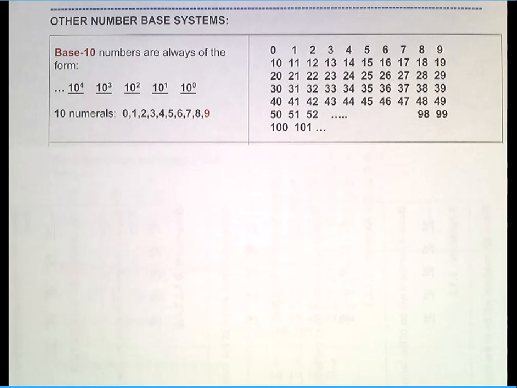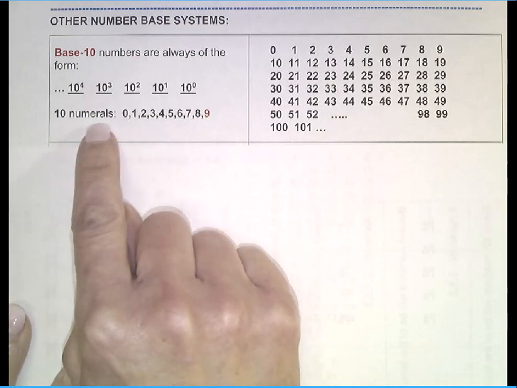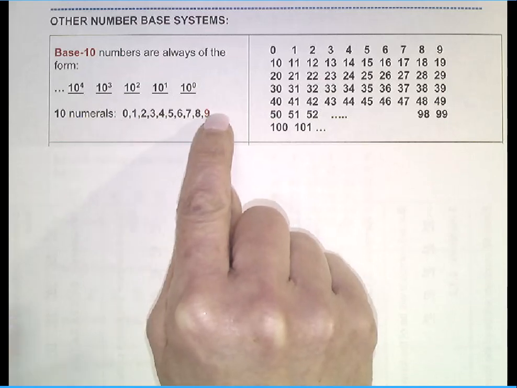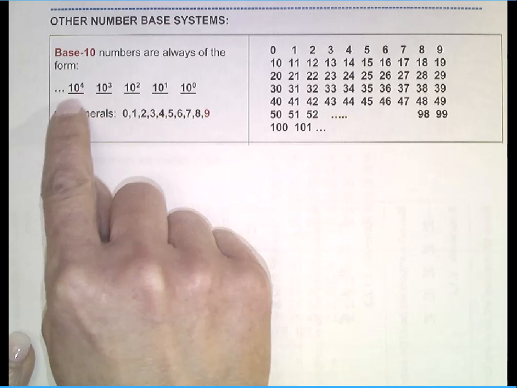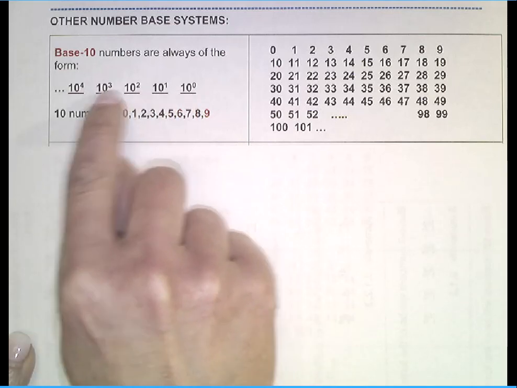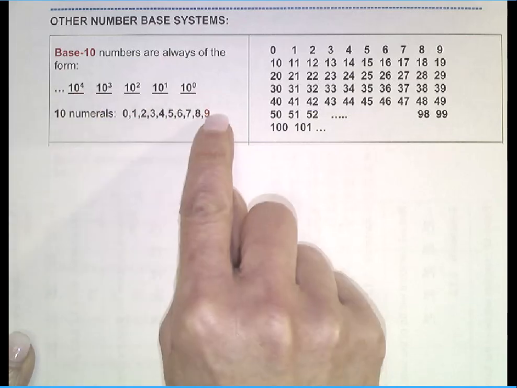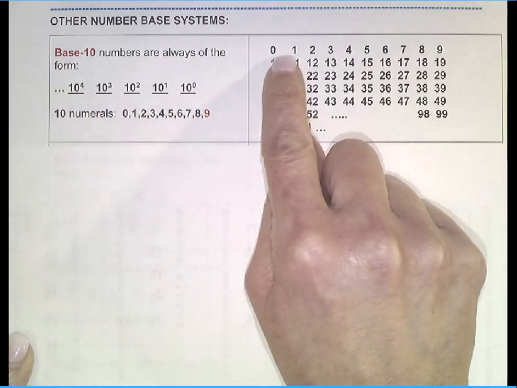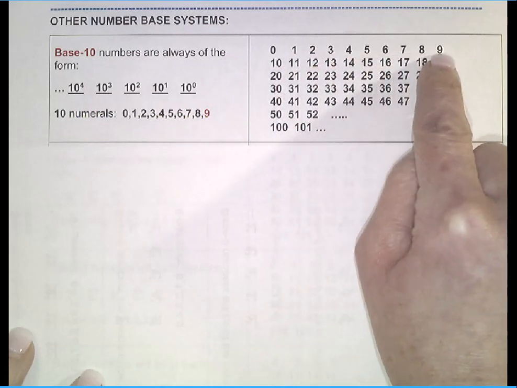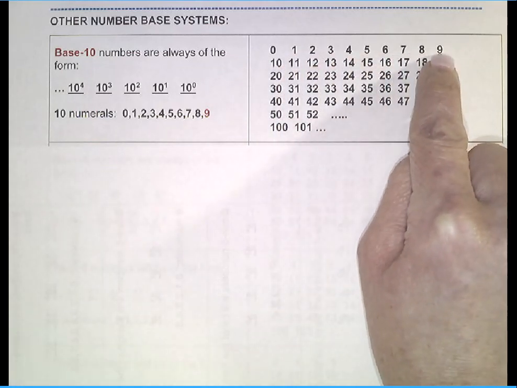So think about what you've known all along about base 10 numbers. You know that there's only 10 symbols that we can use, 0 through 9. 9 I've got highlighted in red because it is important. What happens when you get to a 9 or once you get past a 9? So we start, these are what our place values indicate: ones, tens, hundreds, thousands, 10,000s, and we end at 9. So I put 0 as a placeholder. We start counting 1, 2, 3, 4, 5, 6, 7, 8, 9, and after 9, we just know this instinctually,